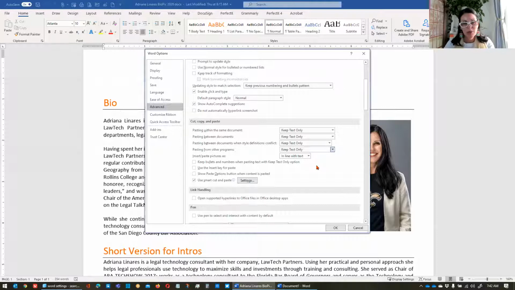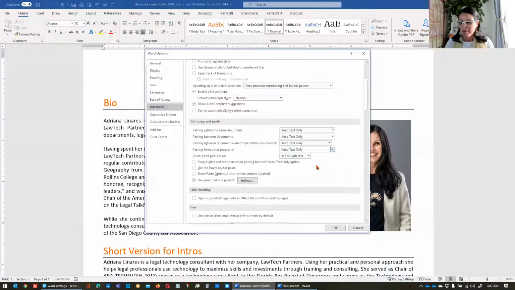And what that's going to do, it's going to bring in the text that you've pasted without any font and without any paragraph formatting. So it should match whatever you're pasting into and around and just leave the text only. Yes, it will remove hyperlinks, italics, bold, underline, all of those things. So you just have to reformat if that's part of what you're trying to do. But this is a really good setting.